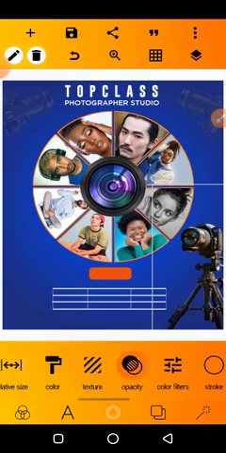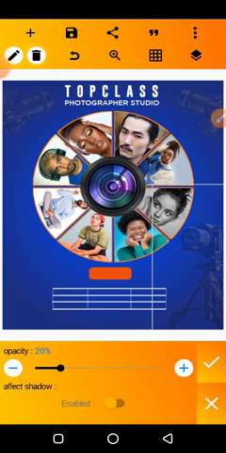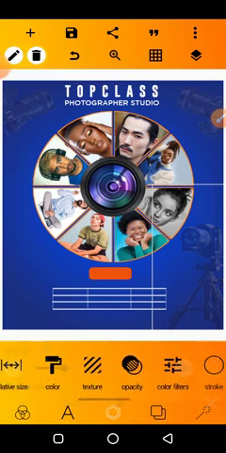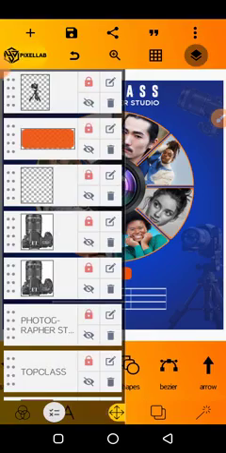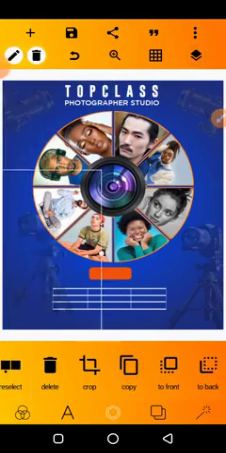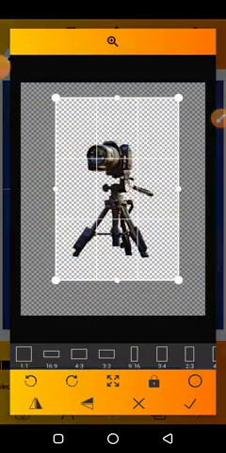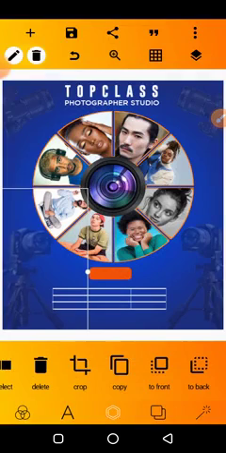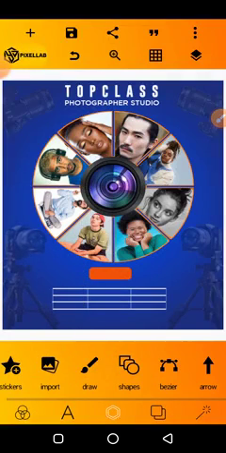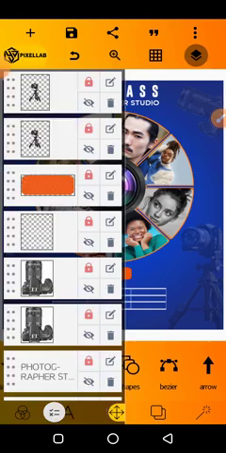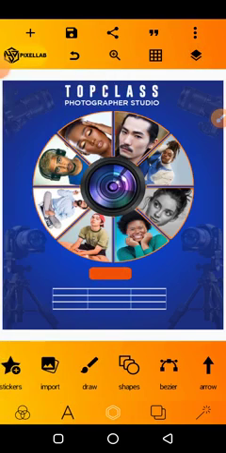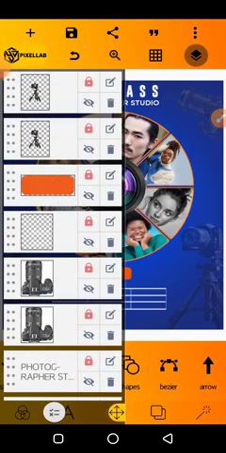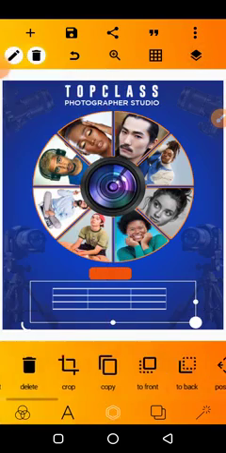Okay, reduce your opacity to 20. Let's make it 22. 23 is okay. Reduce opacity to 23. Copy and bring it here again. Okay, I hope you can see. Do the same thing and you are going to get the same result. I hope you can see it now yourself. So what we are left with is just to input our services. Okay, just input our services,